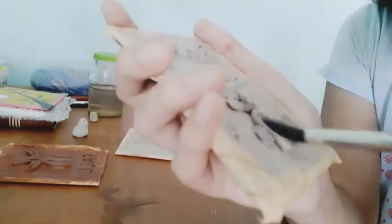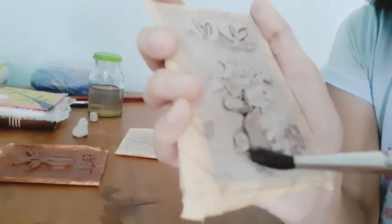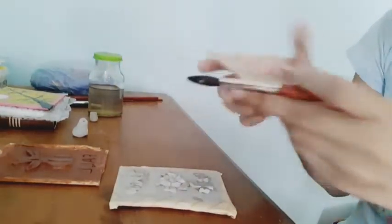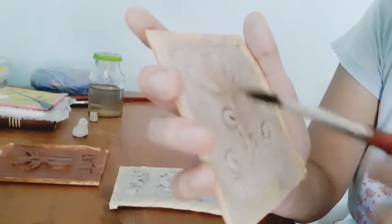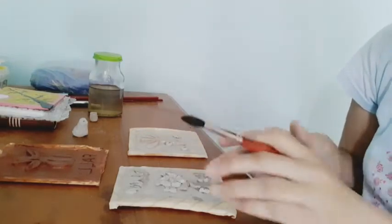You could see. Let me see if my sculpture is getting soft or not while applying the water to it, because I haven't fired it. Let me see. I don't see the clay coming out on the brush. And this one is applied with the varnish, and it's the same case. I think both of these solutions are working well. The clay is not coming out once the solution has been applied, and it's kind of more